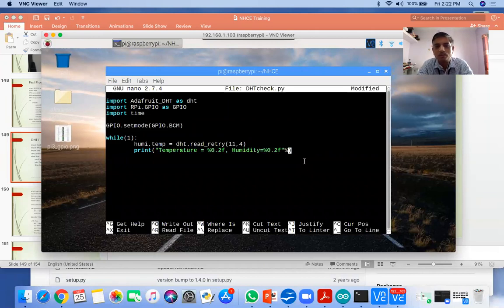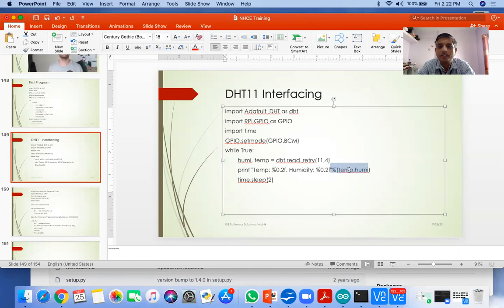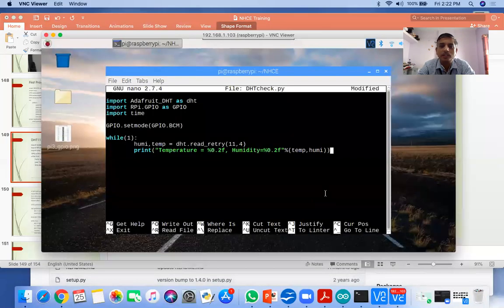Then again percentage, and here I'm putting temp first and the second one is humi, and done. In this way we are doing this program. Whatever the temp value is gets copied here, and whatever the humi value is gets copied here itself. And then the last thing remaining is time.sleep.